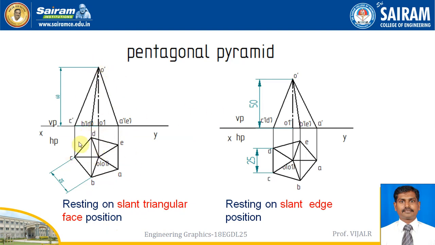If you draw the top view like this, you will get the front view like this, then you have to tilt it clockwise, that is, the AE position should be here, it should be rotated. Sometimes we can make it, if you draw it by mistake or intentionally, you can do it. If you draw the triangular face like this, it is here. So you can tilt this to be lying down, there is no mark reduction, both are correct.